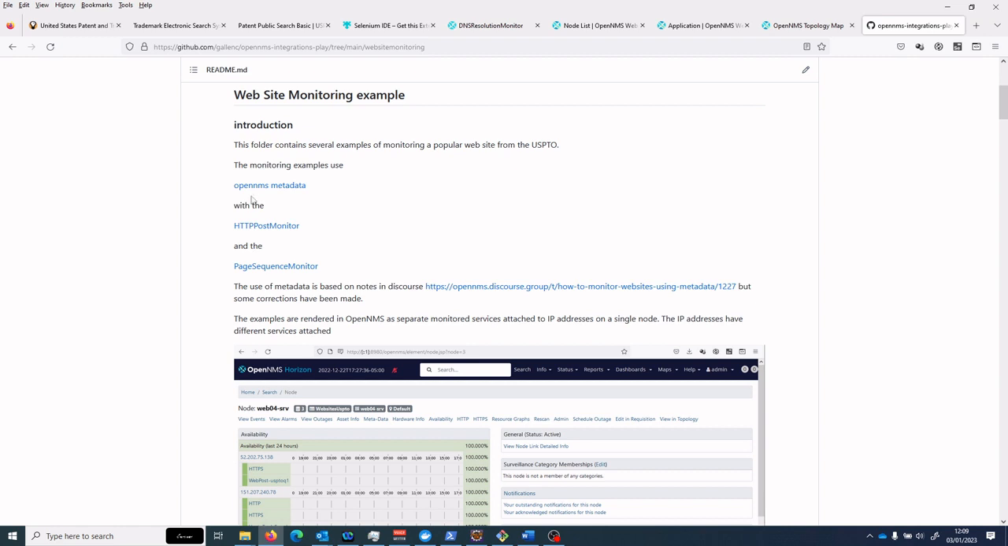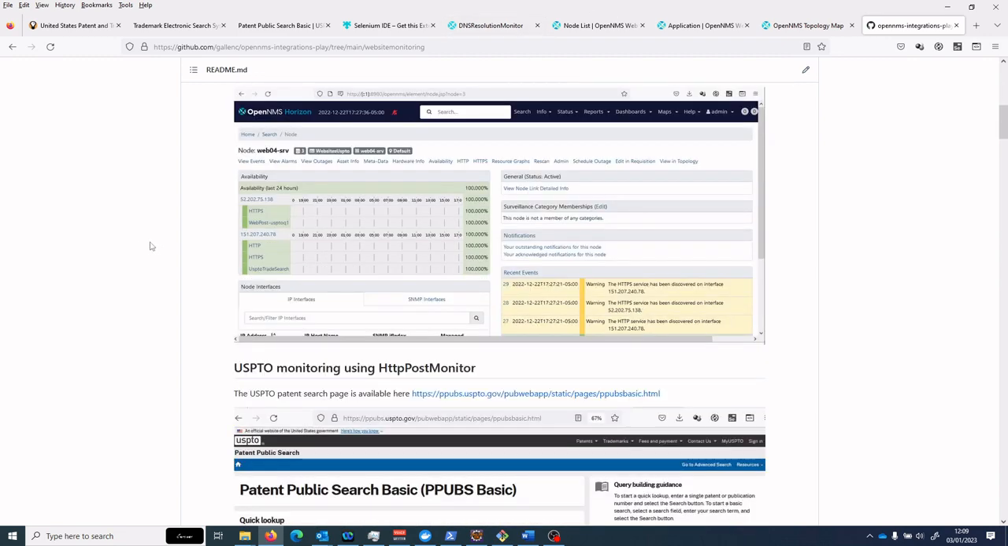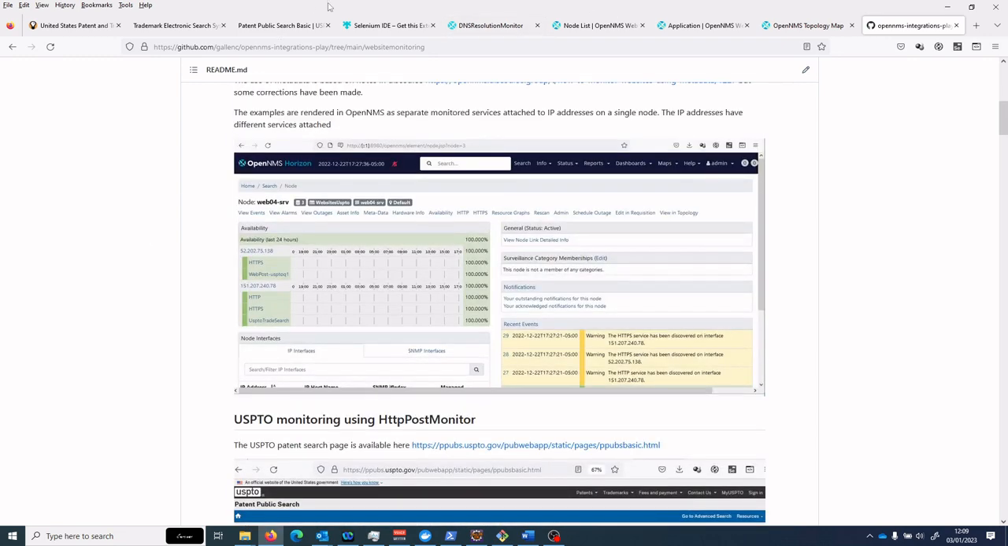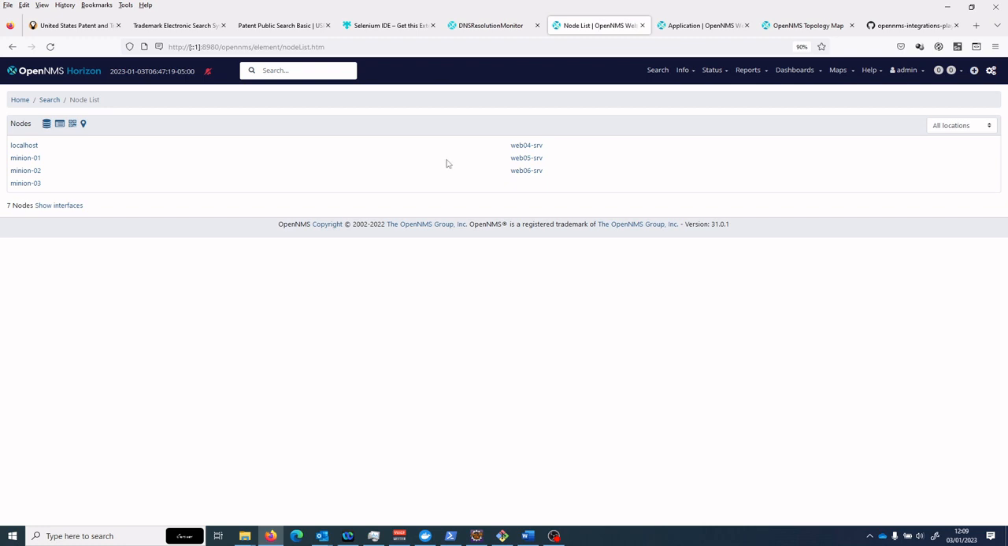And I'm also using metadata within OpenNMS, which is a relatively new feature, but what it allows us to do is to set up multiple post monitors with different data or going to different sites. So it makes it much easier to reuse a particular poller rather than having to write a separate poller for every site. So if I jump down to OpenNMS and actually go to OpenNMS,